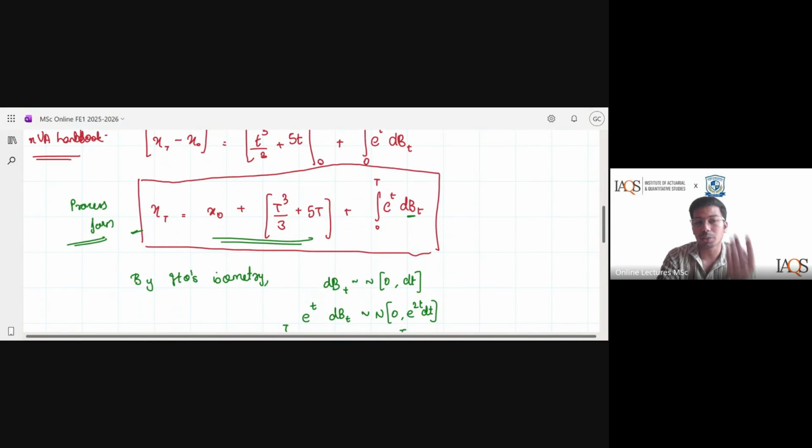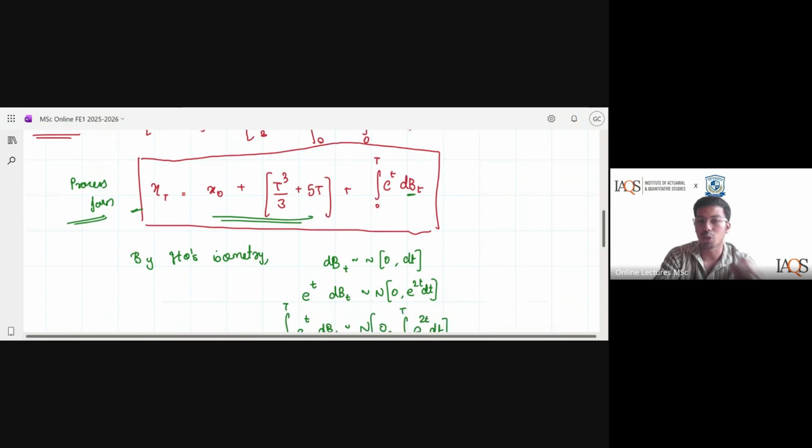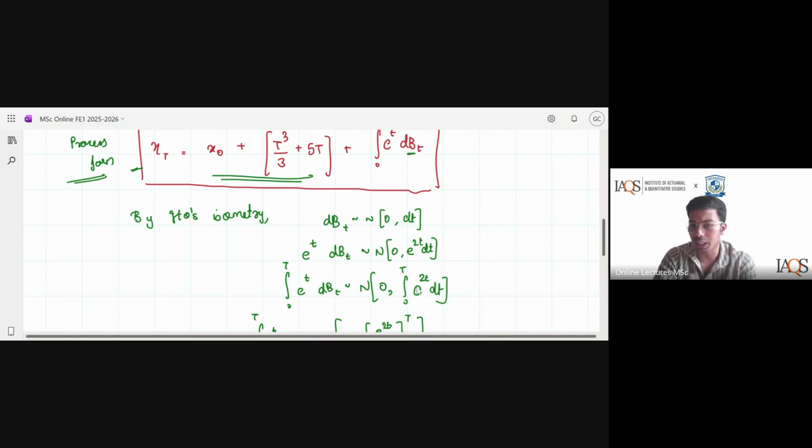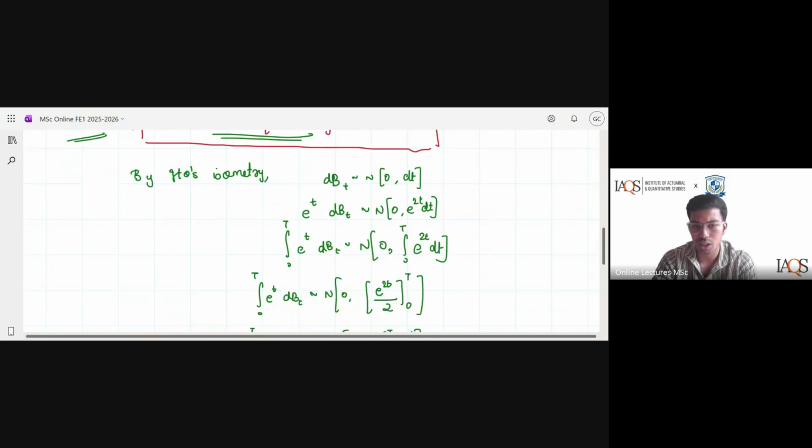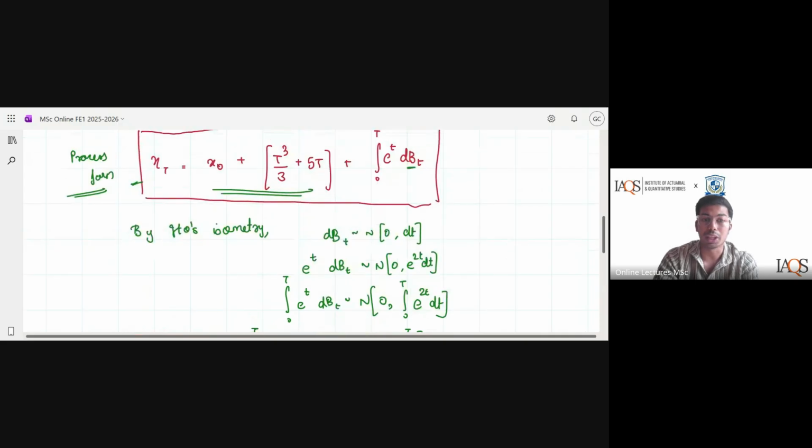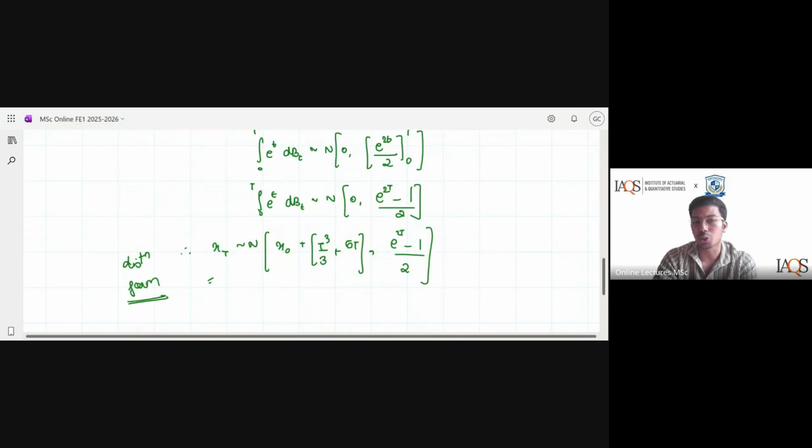Now, what you do is something called Ito's isometry, which is simply nothing but from the equation you come to the distribution. So you start with dBt, which follows normal 0, dt, multiplied by e^t, so that will multiply e^(2t) in the variance. I integrate my mean, which is 0, so nothing will happen. Integrate my variance. Now limits are on time, variable is time, integrating with respect to time, I can easily solve this using my traditional calculus. I solve this integration. Whatever is added, I later add to my entire mean. So this became your distribution form.